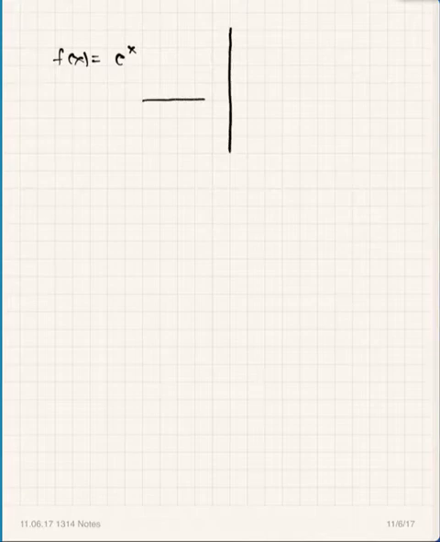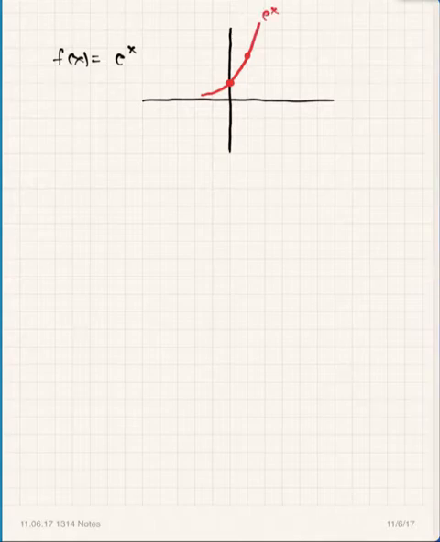So if we have f of x equals e to the x, let's think about that graph for a second. We know, because we started the day today with this, that e to the x goes through the points (0, 1) and (1, e). And so you have this growth curve for e to the x. There's e to the x right there. Remember, it goes through (0, 1) and it goes through (1, e).